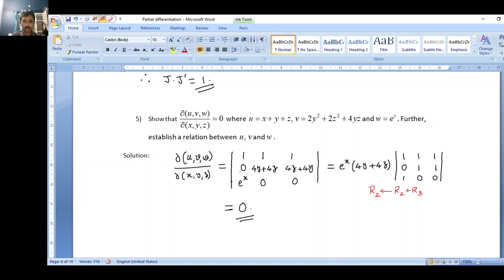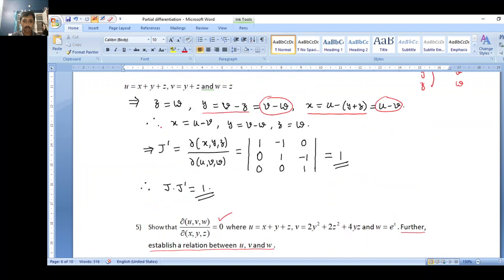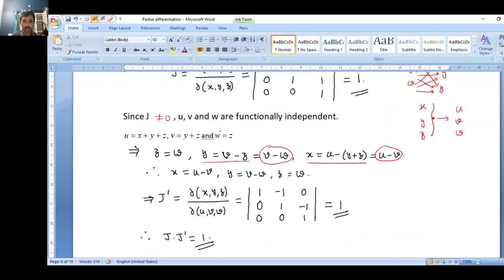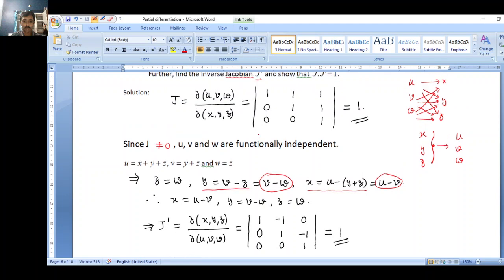Okay, so anyway, now we have got this to be 0, but that's not the only part of the question to be answered. So of course we have shown that this is 0. But now look at this. Further, establish a relation between u, v and w is what is being asked. Now, how can you establish a relation between u, v and w? If you recall, I think in the previous question itself